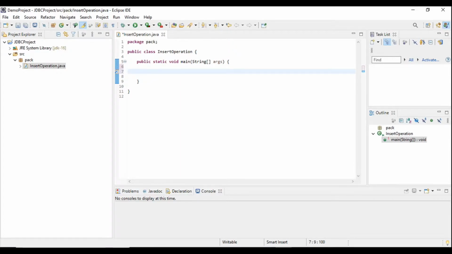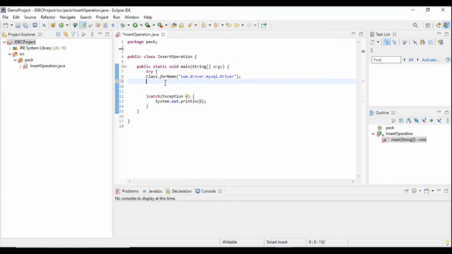So our first step is to register the driver. So this is the first step.